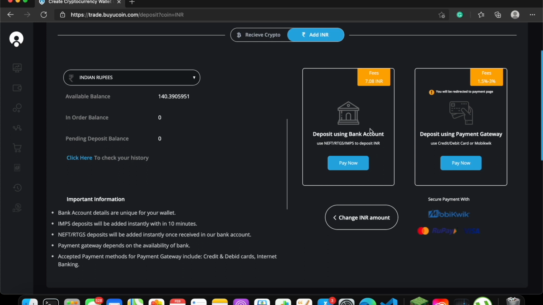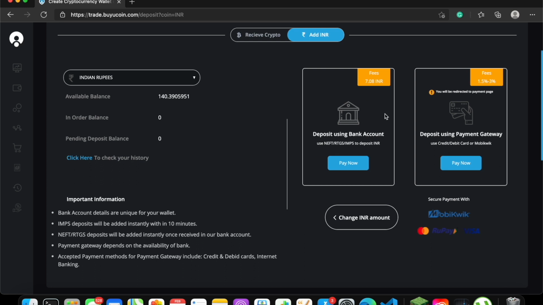In order to get funds immediately, you have to use IMPS while sending. If you are sending from a bank, they will charge 7 rupees. If you are sending from MobiWik, they will charge 1.5% to 3%. So comparatively, the charges are high when you are transferring from MobiWik compared to your bank account.